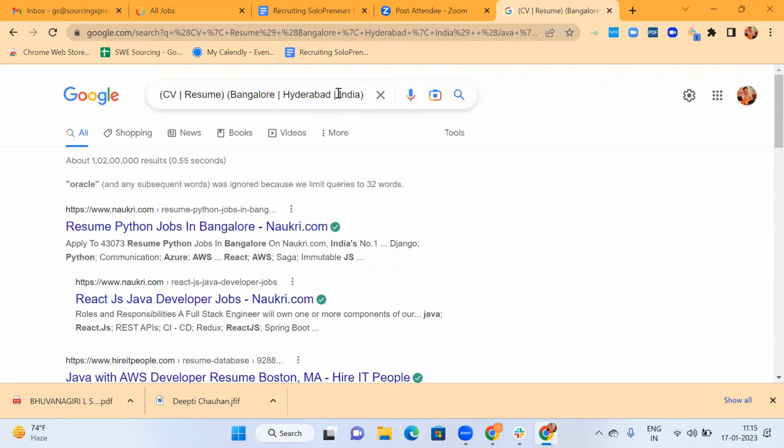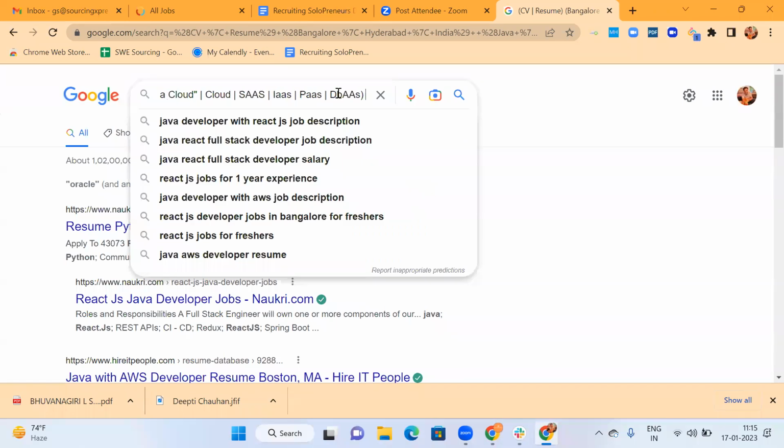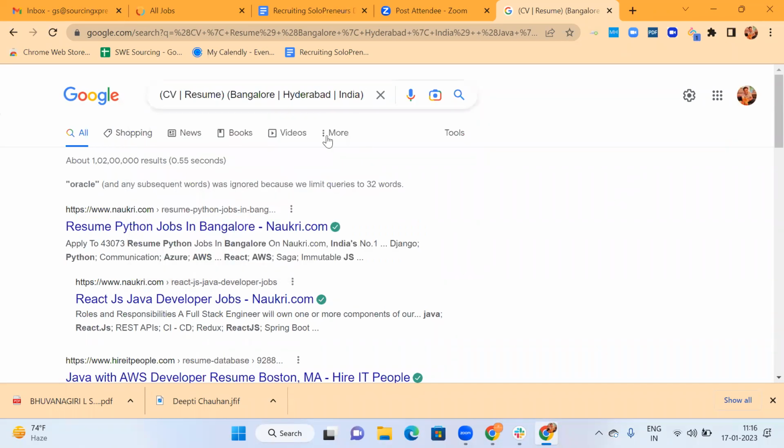So let's say we don't want Naukri in our Google search results. In that case, NOT in capital letters is generally used on LinkedIn, Naukri, Monster, Dice, Career Builder, on such kinds of portals or applications.